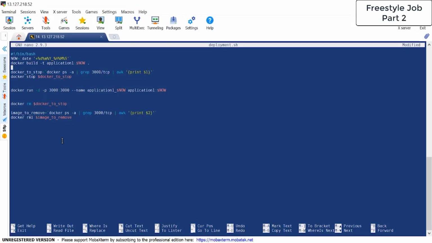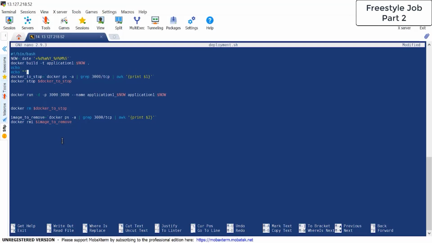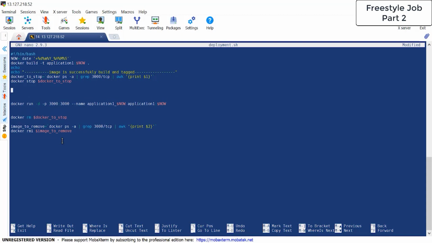So here we are creating the Docker image. I'll be giving one output, build. I'll say the image is successfully built and tagged. Okay, in the next step I'm going for stopping the container, and the container is stopped